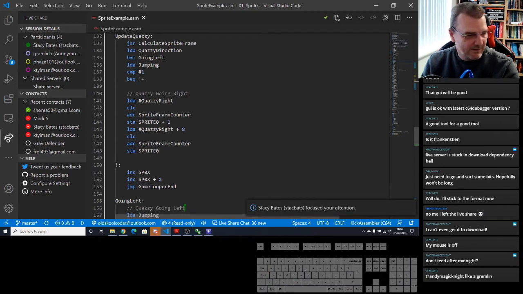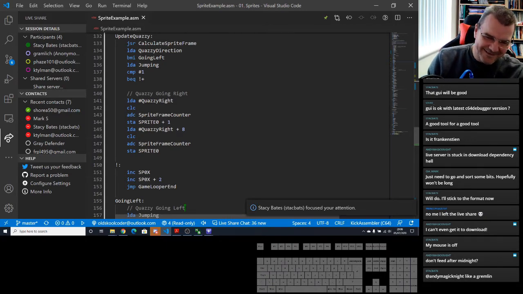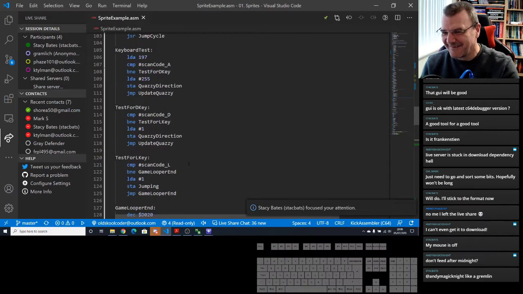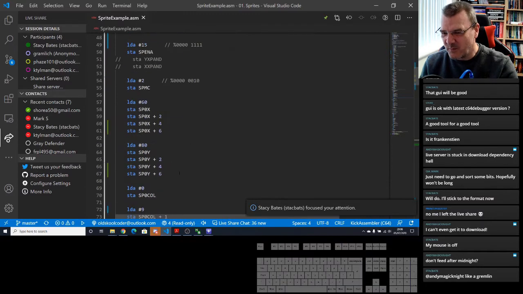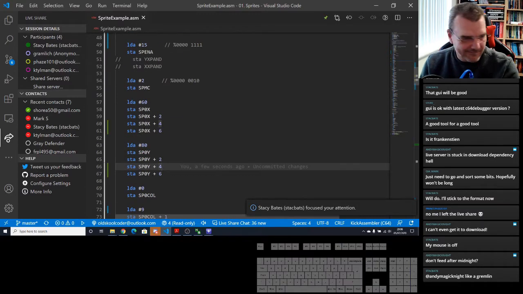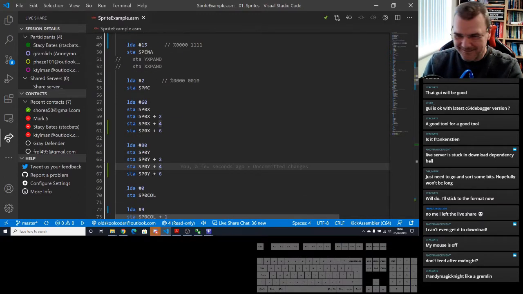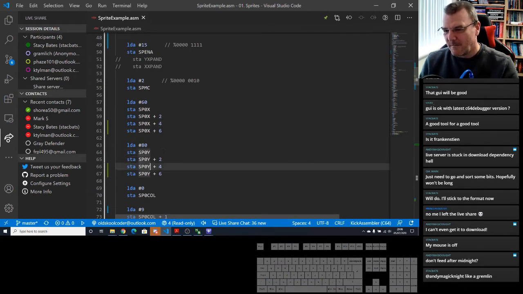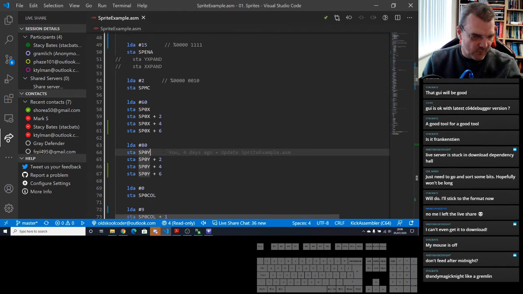We're up here. So that's the 4 sprites. That's the foreground of Quasi Osborne, background, foreground of the lady, background.